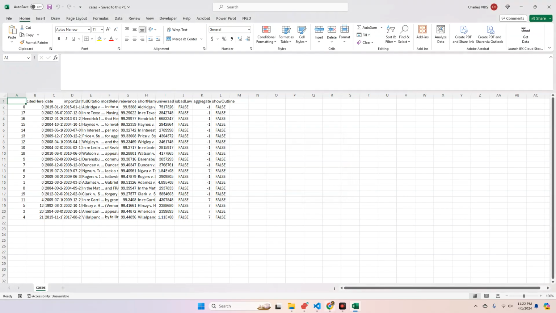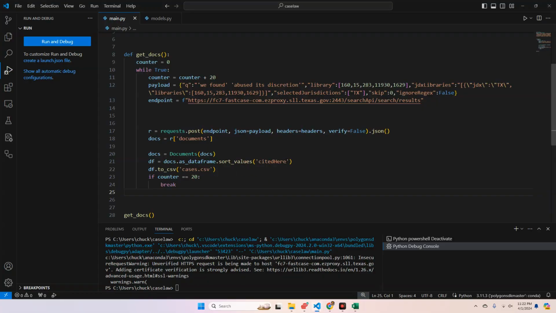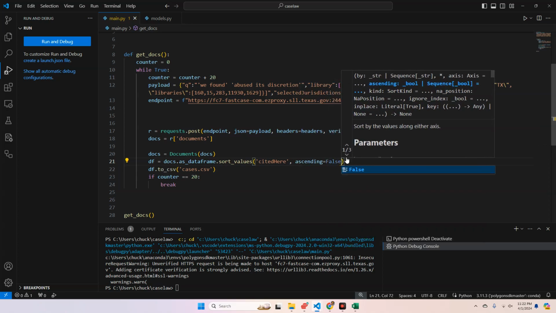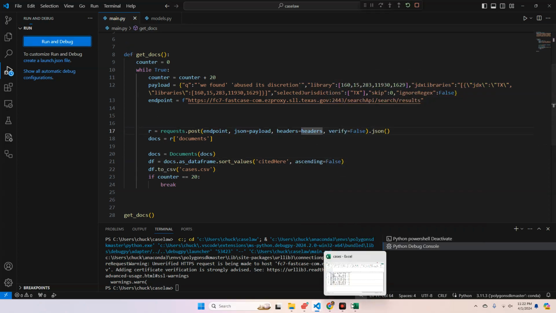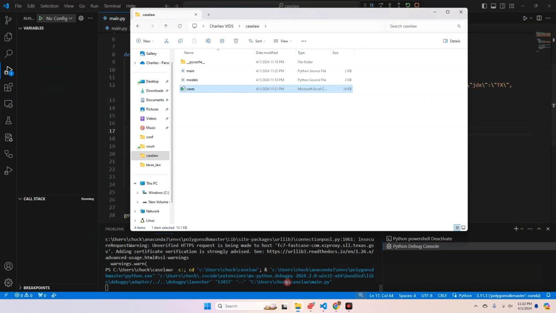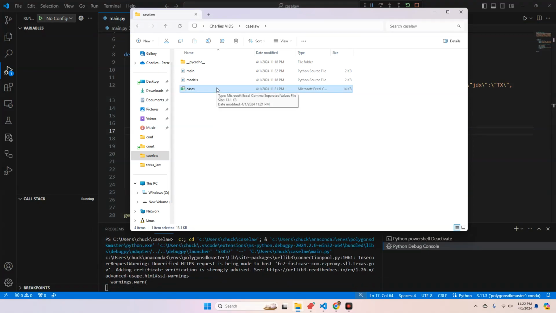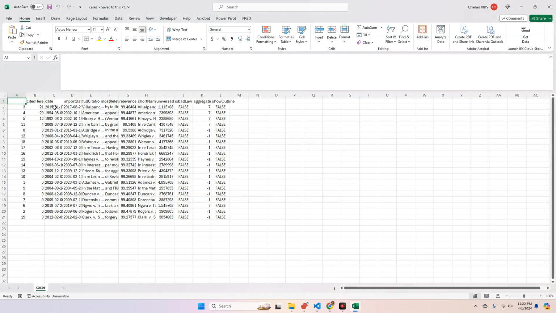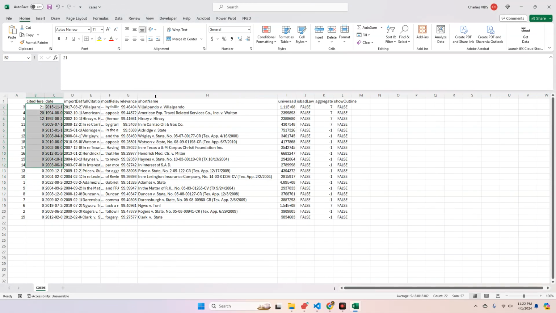It's just in the wrong order. So you'd obviously want to put ascending equals false. And then now citedHere is what you're sorting by. And you can do that the same way for any other column that you wanted to do, like relevance, but